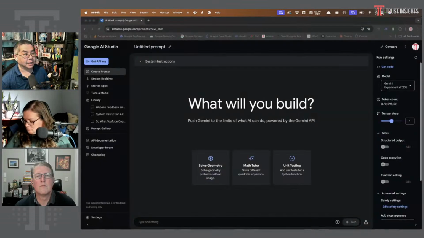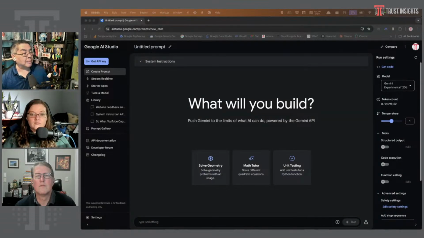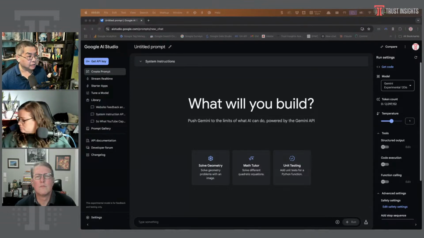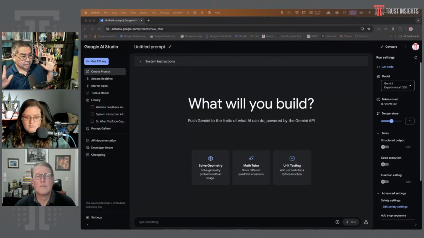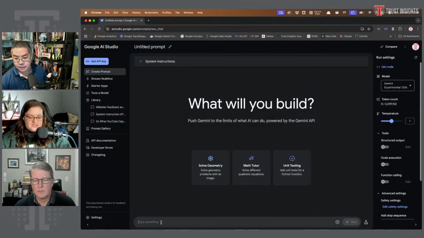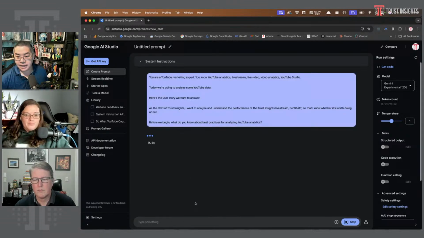I'm going to take this, copy it. I'm going to be using Google's Gemini model today, Gemini 2. You're welcome to use pretty much any platform that you want. So ChatGPT, Claude, Meta, it doesn't matter as long as it's a foundation model that has state-of-the-art performance. DeepSeek, Llama 3.1, 405B, any of them are fine. So I'm going to just copy and paste those prompts right in, and we're going to let the model start